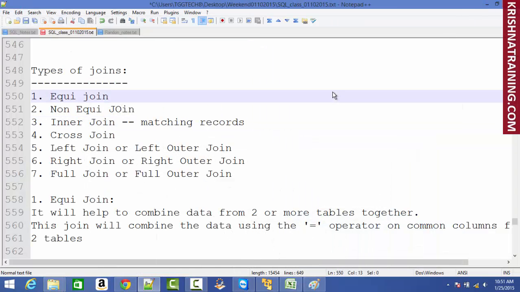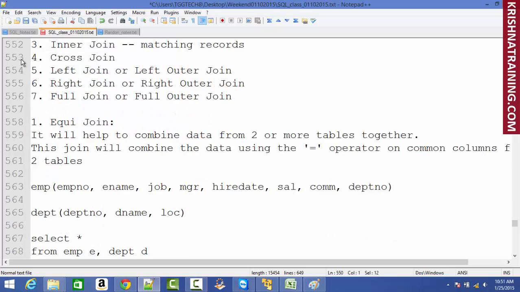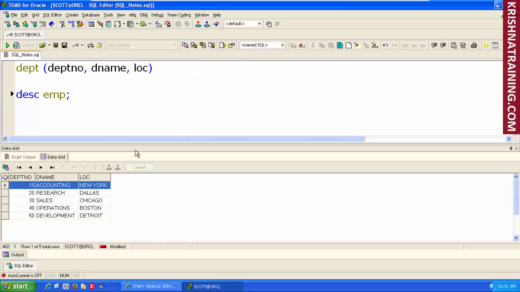Now for the joins, let's start with equi-join. Whenever, as I just said, we have two or more tables, we apply a concept called joins to merge those tables together and bring up the data. So equi-join is a similar concept. The way we write joins is